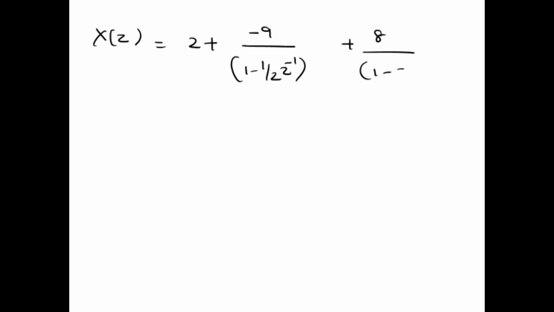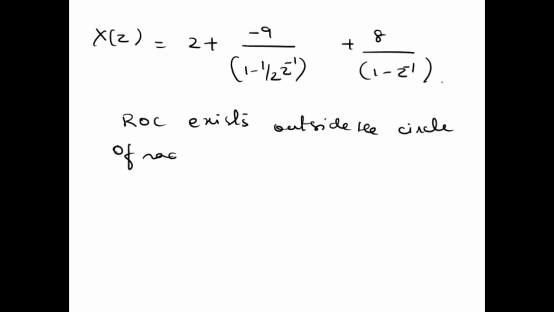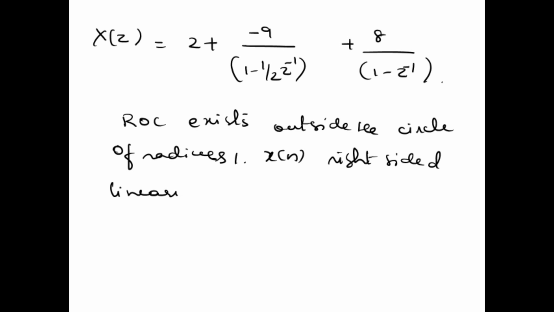Therefore, x of z is equal to 2 plus minus 9 divided by 1 minus half z inverse plus 8 divided by 1 minus z inverse. Since the ROC exists outside the circle of radius 1, x of n must be a right-sided sequence, and using the linearity property, because we have 2 plus, now linearity property,